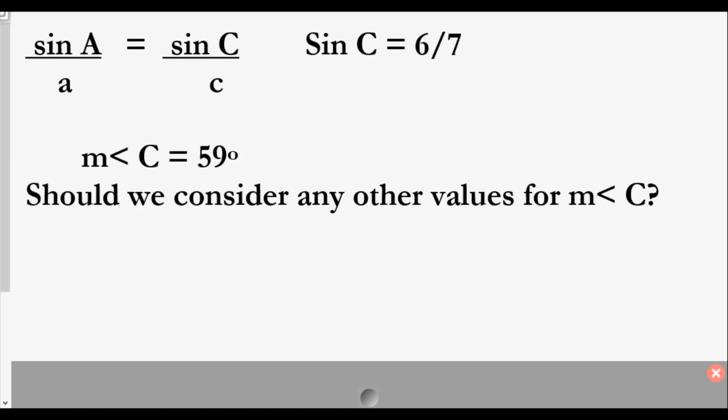We found the measure of angle C to be 59 degrees. But is there another angle measure we should consider? You're saying, well, what do you mean? Well,